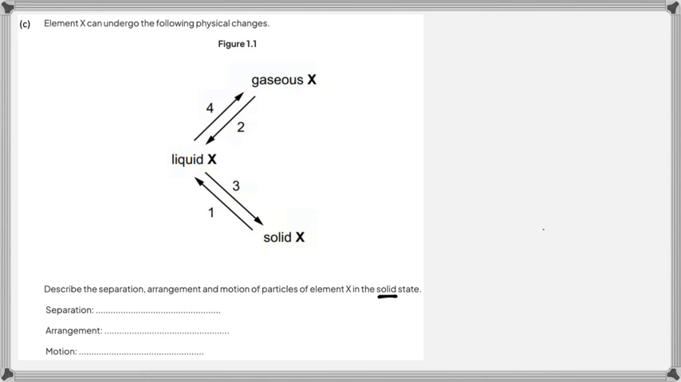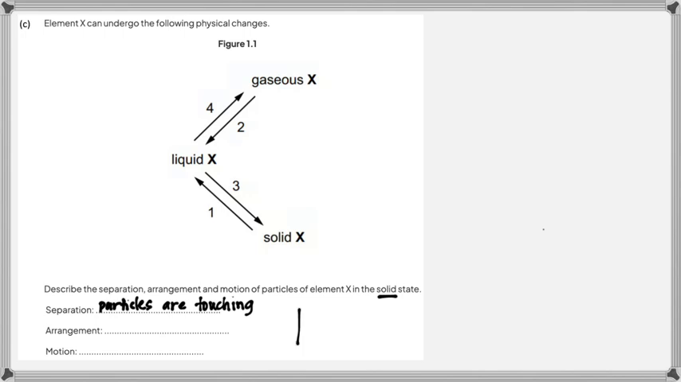Now, separation, I would say the particles in a solid state are actually touching each other. We can write it down here. Particles are touching. So again, you're describing. You cannot just write down touching, but since we're describing, write that the particles are touching. And in terms of arrangement, since it's a solid,